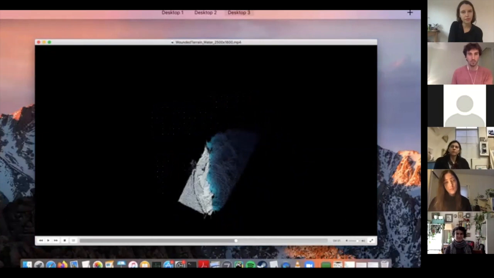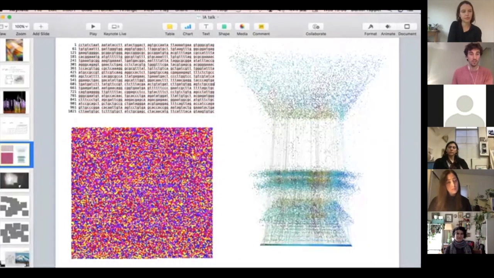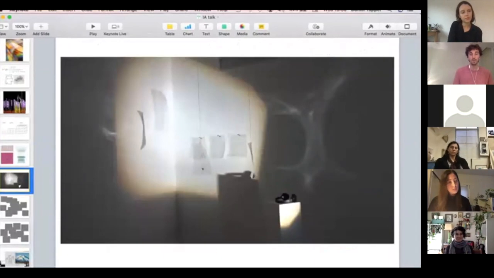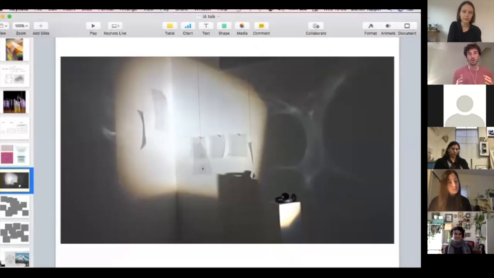I also played around with some physical methods of distributing data in this way. So I created a couple of kinetic installations where I would have data as a sound, and I'd have data represented on acetates, and these acetates would spin around on makeshift mobiles, and sometimes it would align and you would get a full picture of this information I was trying to represent, but mostly it wouldn't align.